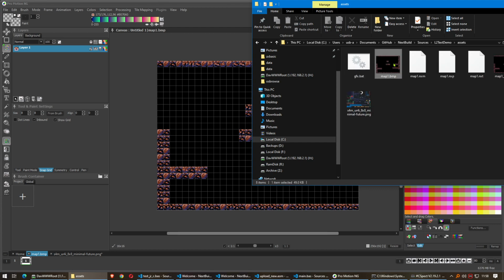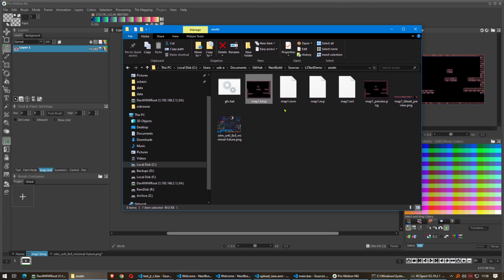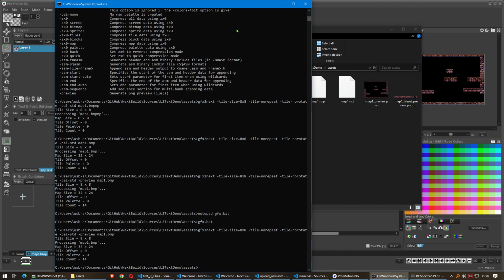And so here's our map one that I've saved, and what we will use is a tool called Graphics to Next, which is a tool for snipping and chopping images into various formats, and it chops the bitmaps and the level data into the format that we want. And the command line arguments we want for this, and I'll add this in the text in the description, is